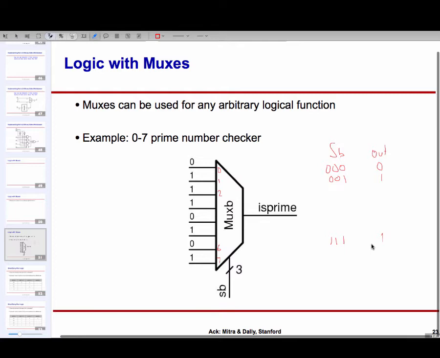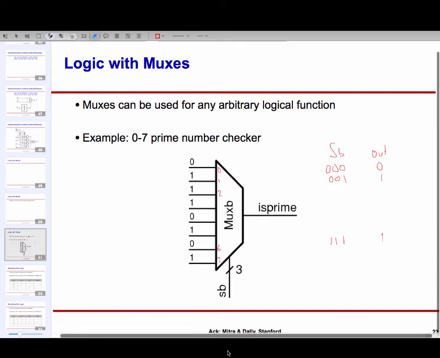So a decoder can be used for arbitrary logic, but so can a multiplexer be used for arbitrary logic. So quite useful. And in fact, what you would find is that there are these chips where they just put a lot of multiplexers, and then they put on these wires a fuse, or kind of like a switch, using which for each input you can either set it to 1 or 0. And then the idea is that you buy these chips, you configure each one of the inputs from your software, from your computer, and voila, you have whatever function you want to implement.